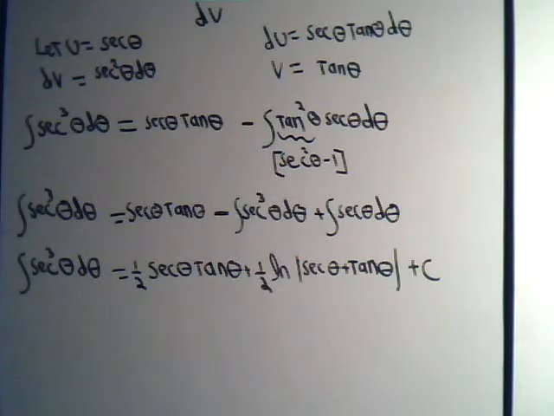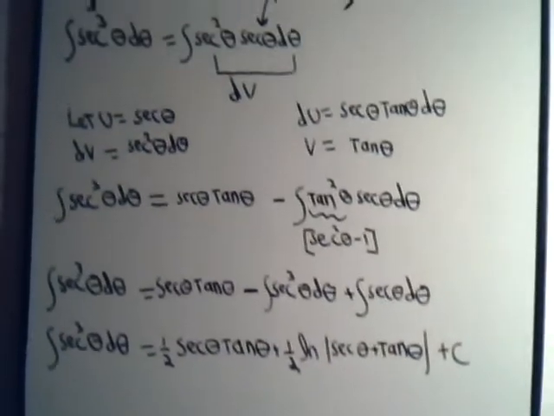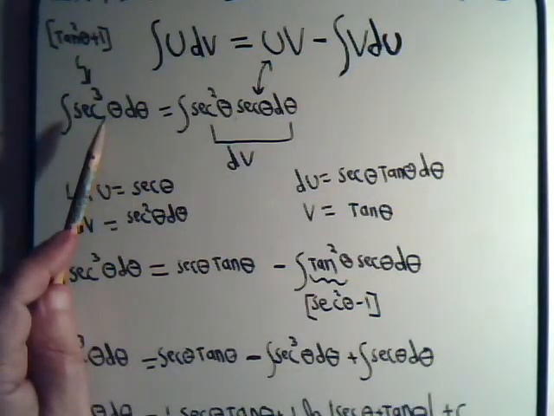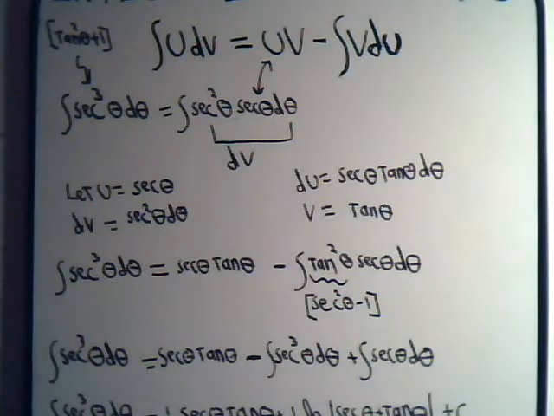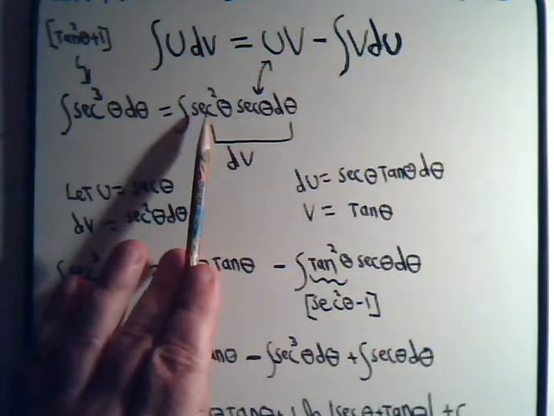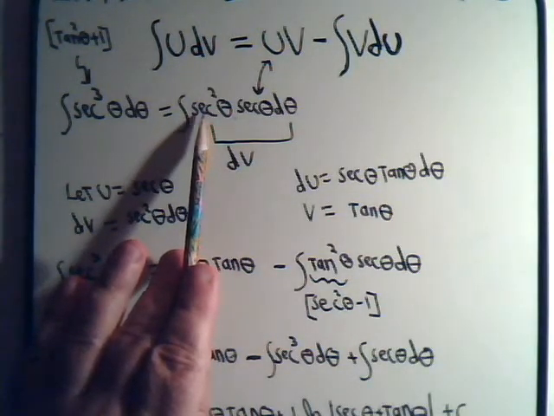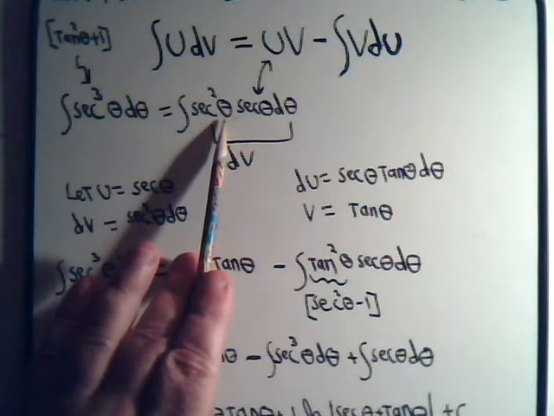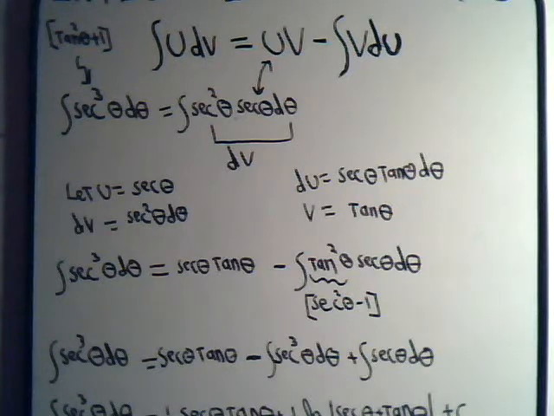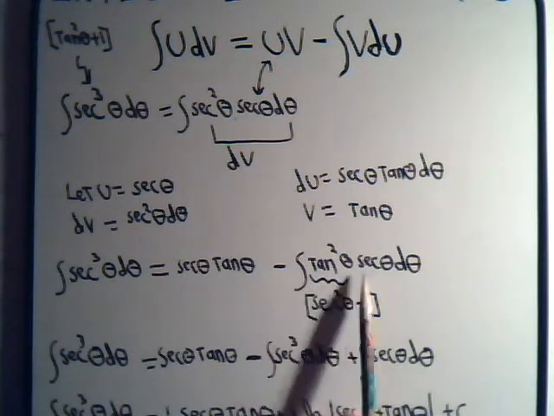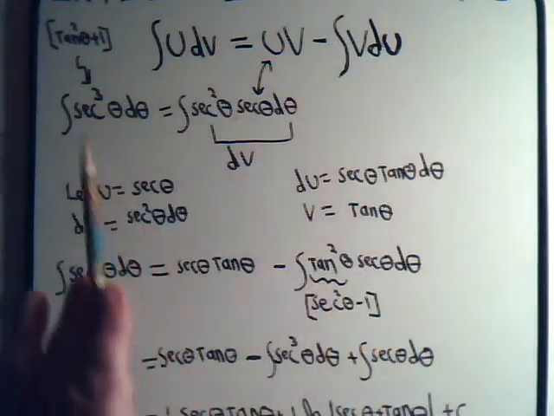So again, we played around with this a little bit. We tried different ways to see if we could make a u substitution work, fooling around, trying to decide what we should call u, what we should call dv, what's a wise choice and what's an unwise choice. And finally we got it into this form here, and this integral here we encountered before